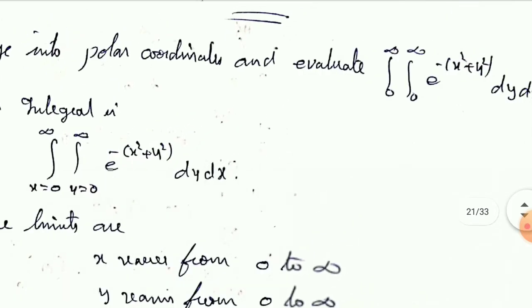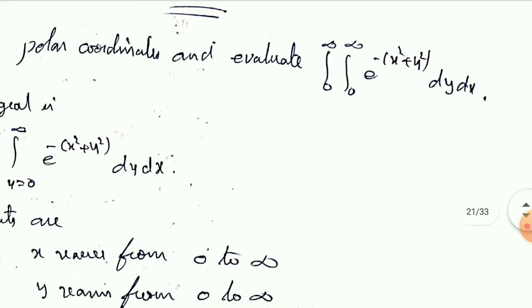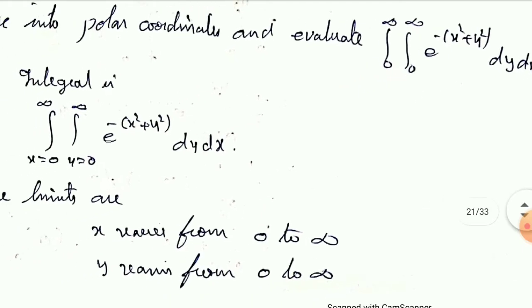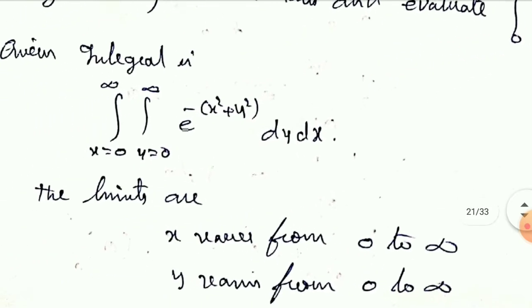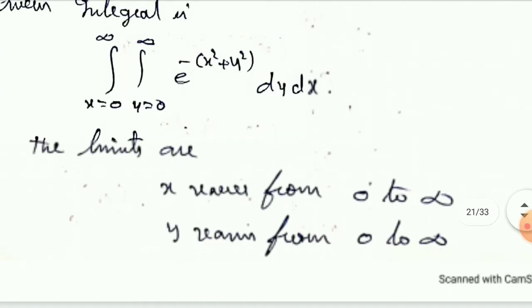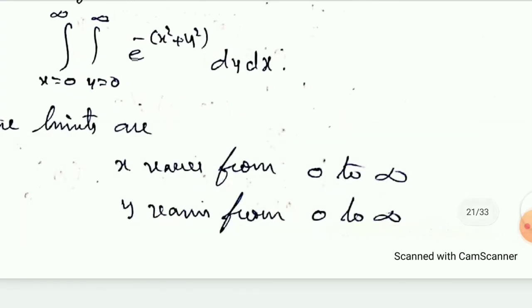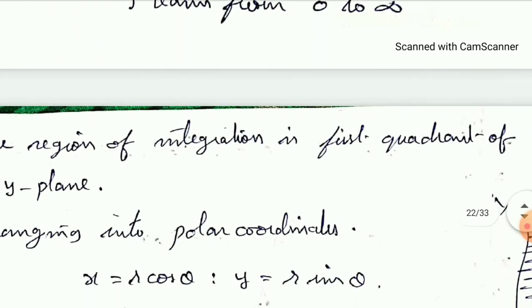Now as per your given double integral, both variables are real numbers only. The order dy dx is given, so that means the first integral is the x integral and the second is the y integral. So the same thing I am mentioning here: x limits are 0 to infinity and y limits also 0 to infinity.